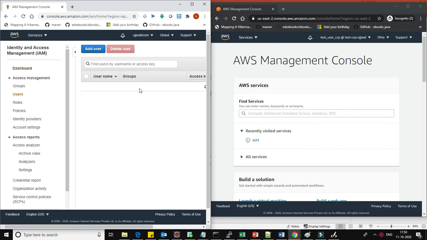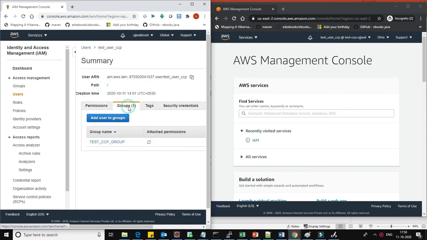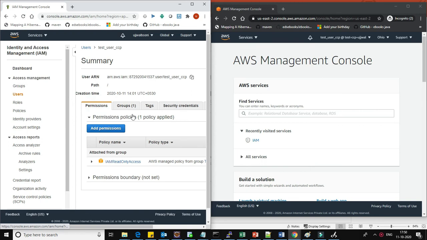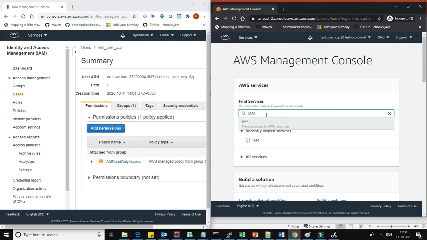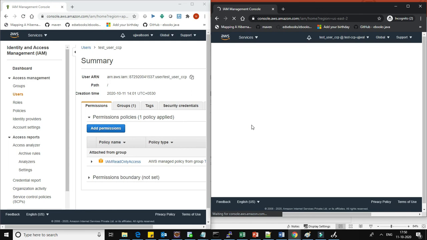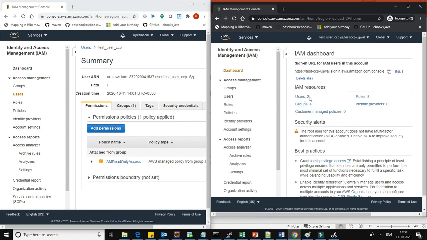Let me show you. As you can see, my test IAM user has IAM read-only access, so that's why it is going to be able to access IAM. On the right hand side I am trying to access IAM, and here we go, we are able to access the IAM service.